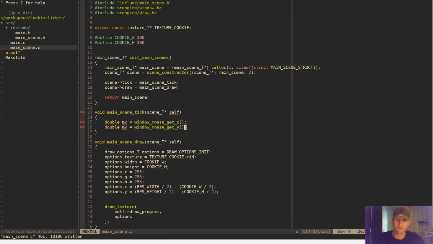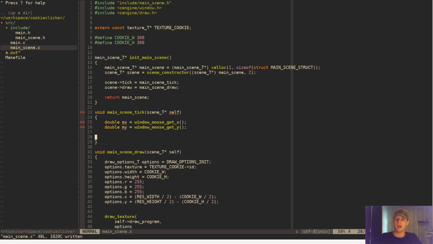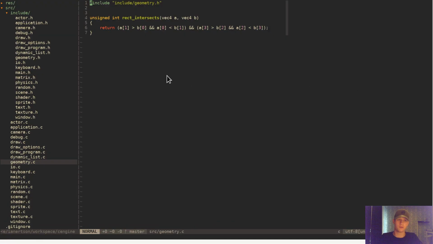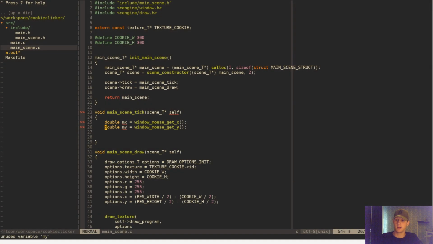And now we need to check if we are inside of the cookie, basically, when we click it. And if I remember correctly, I think I have some function for that, rect intersects. I think we could possibly use that. And we want to have some sort of, I don't know, collider for the mouse, I guess. I don't know. Let's just do